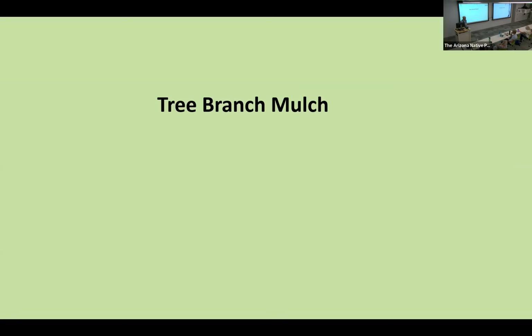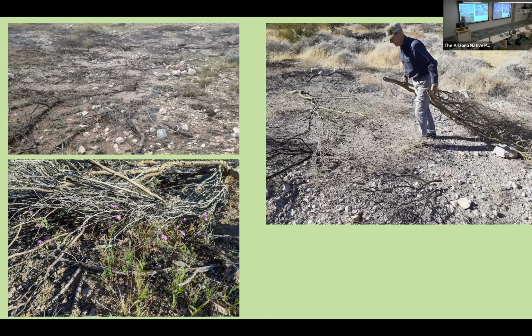Tree branch mulch. Of the 3 techniques, one-rock dams, dimples, tree branch mulch is probably the most surprising of all. And this is where we simply brought in tree branches. We were careful not to bring tree branches with seeds of bottle brush or oleander. But basically we brought in tree branches from the city, and we had drag parties, and we would drag them out to the bare areas in